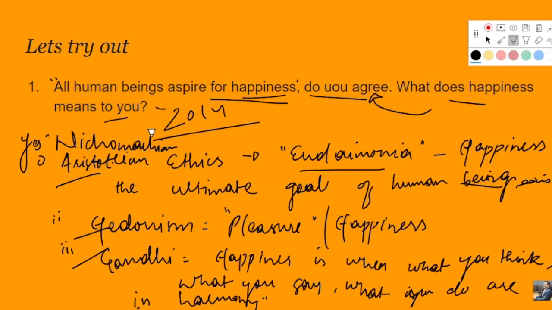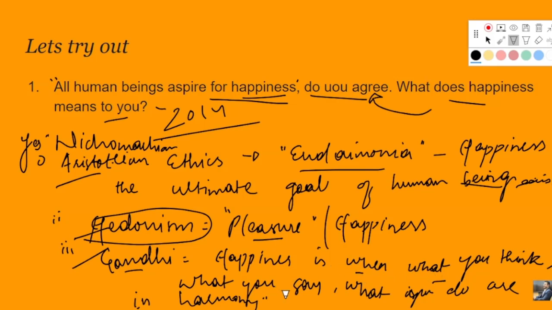We all aspire for happiness, because even the Nicomachean Ethics talks about the concept of eudaimonia, which says that happiness is the final pursuit of human existence, right? And as per the idea of consequentialist or utilitarianist, human beings are driven by the concept of hedonism, which propounds the idea that men work for the sake of what? Men work for the sake of pleasure, and they ought to resort to the work which accrues them the greatest happiness or pleasure, right? As per Gandhiji, happiness is when